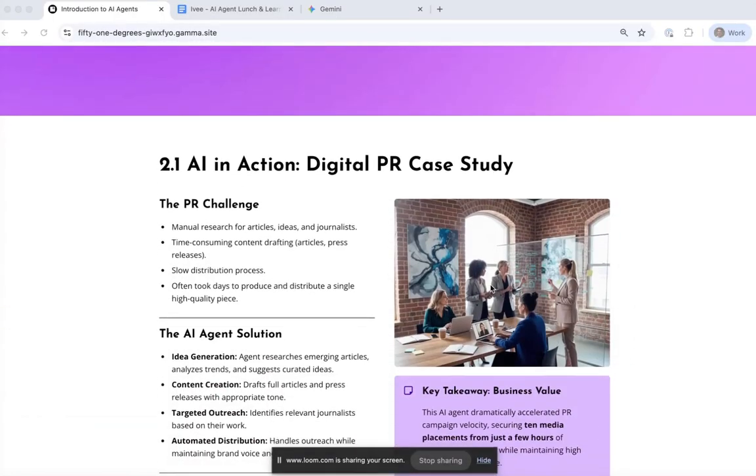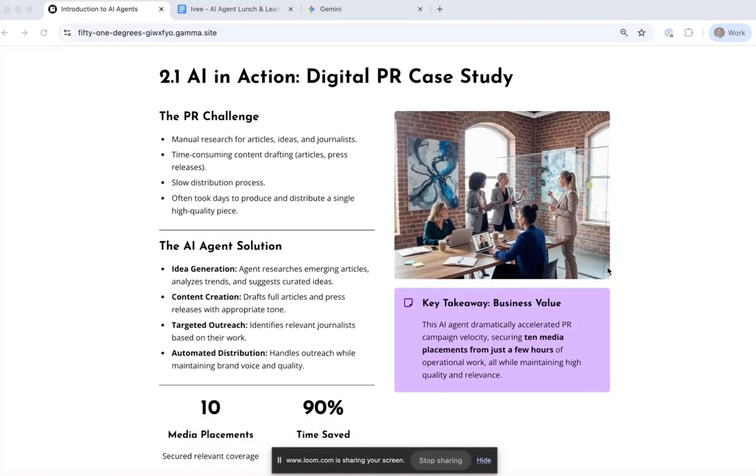So yeah, the first example of an AI agent in action is a digital PR agent that I've built for myself, and we have got pieces live in production that this agent has built for me or conducted for me. So the PR challenge, well, PR as in public relations, is the concept of a business producing a piece of work that it's going to then send to journalists to get a message across. And very often the reason for doing that is to promote your business. And so clearly 51 Degrees is trying to promote itself at times.